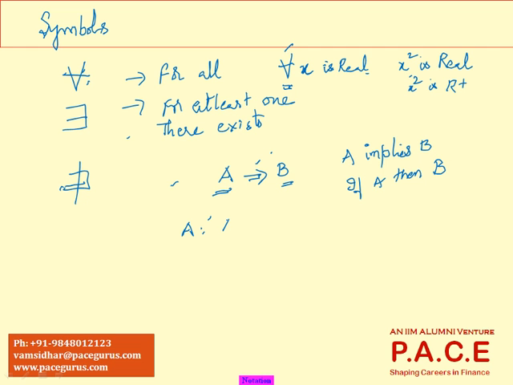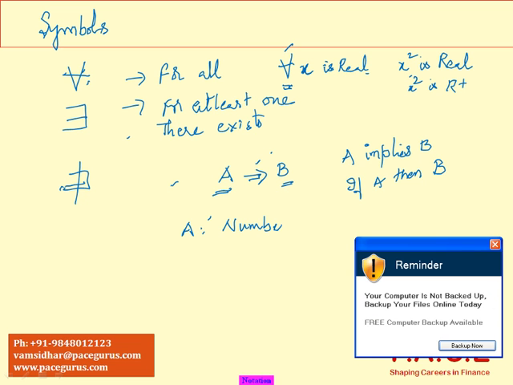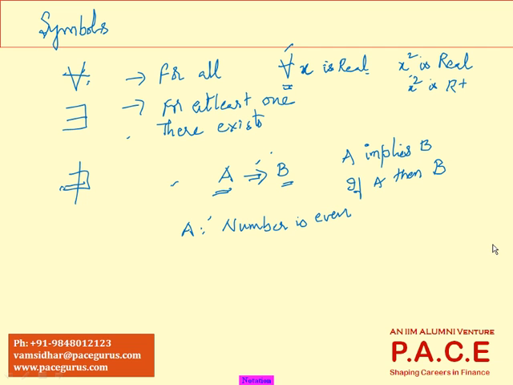A is number is even, and on the other side I have a statement which says B, which says the number is divisible by 4. Then